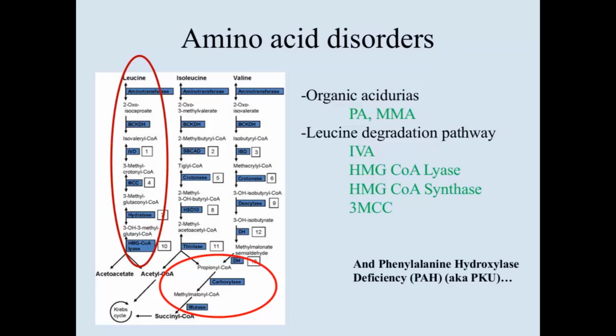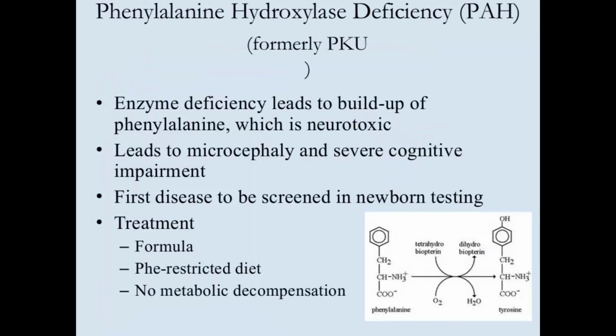So the first thing I'm going to talk about is phenylalanine hydroxylase deficiency, aka PKU, which people still call it that. And this is probably the prototypical metabolic disorder that most people think of. So I just wanted to talk about that briefly. This is the test that was the first test in metabolic screening. Newborn screening in the United States is 50 years old this year, and this is why people still sometimes refer to it as the PKU test, even though PKU is obviously not the only disease that is looked at. So the problem in this disorder is an enzyme deficiency of phenylalanine hydroxylase, which is why I guess they changed the name.